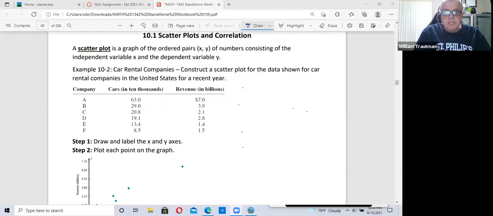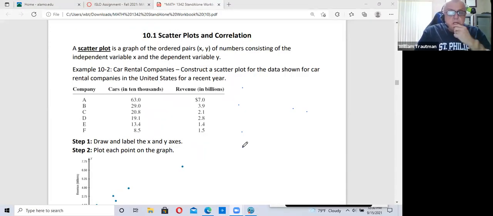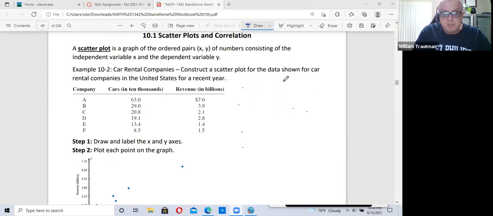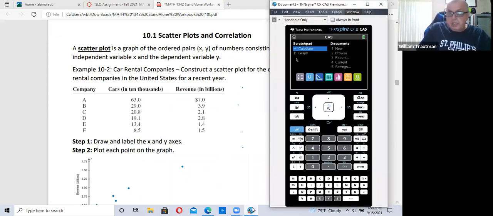Okay, welcome everybody. This is 10.1. It's a continuation from what we did last time on 2.4. So in 10.1, the first thing they want you to do is do a scatter plot, which is the exact same thing we did in 2.4. So I'm going to bring up my calculator and I am going to